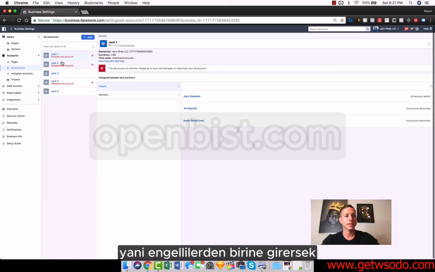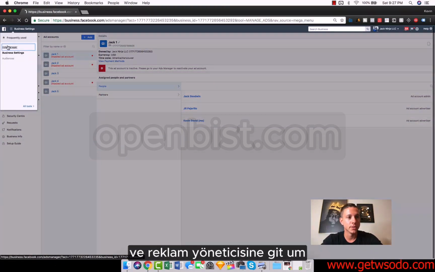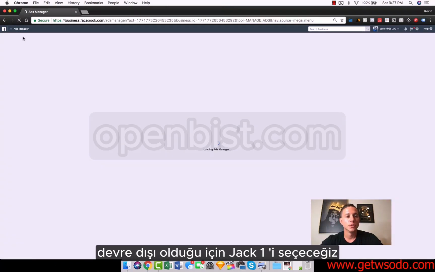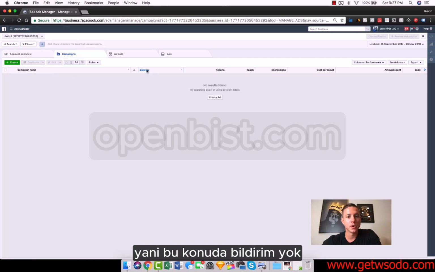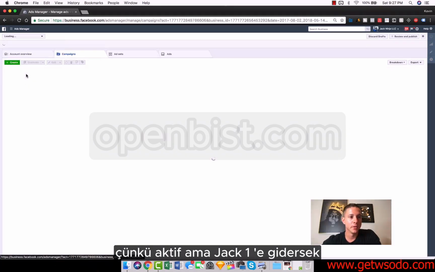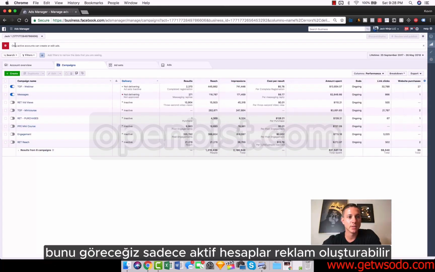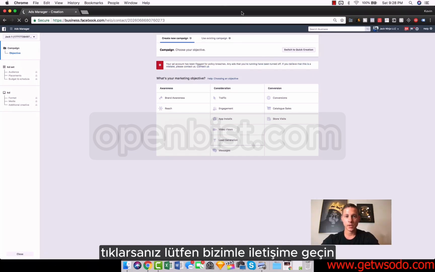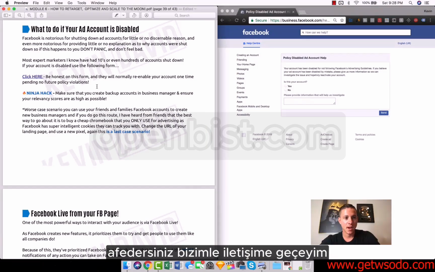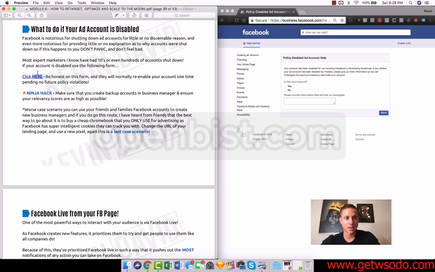And so if we go into one of the disabled ones and go into Ad Manager, we'll choose Jack 1 because it's disabled. We'll see the little notification up at the top, right? So there's no notification on this one because it's active. But if we go to Jack 1, we will see this: only active accounts can create ads. So if we go to create, right, your ad account has been flagged for policy breaches. Any ads that you're running have been turned off. If you believe this is a mistake, please contact us. So if you click contact us, which is the same as this link right here,